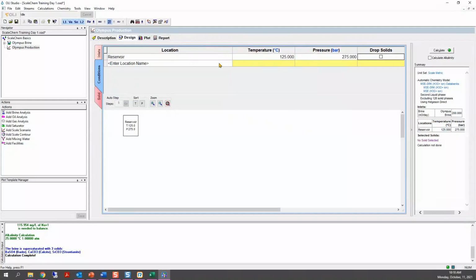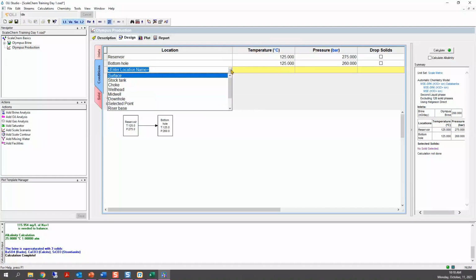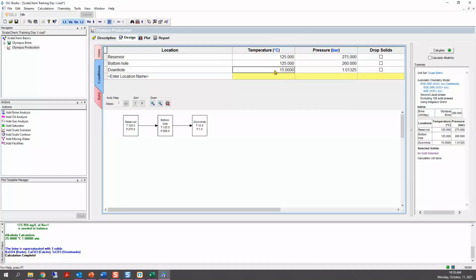Okay. The next one will be bottom hole, and you have 125 and a decrease in pressure of 15 bar there. The third option is downhole, and then we enter here 115 and 190 bar.